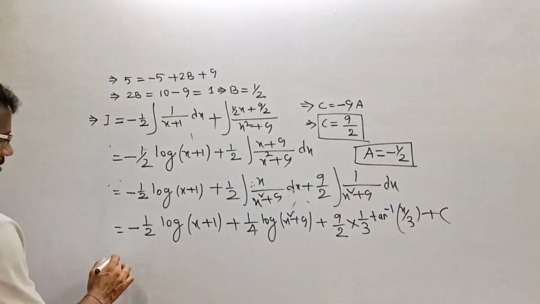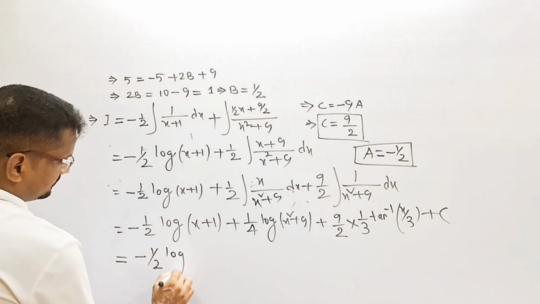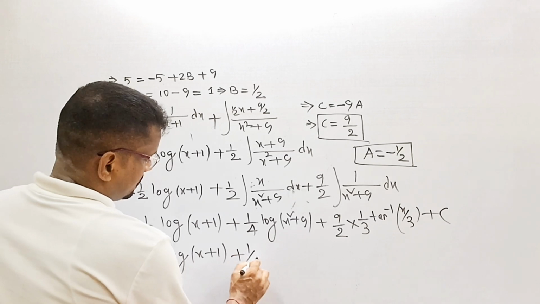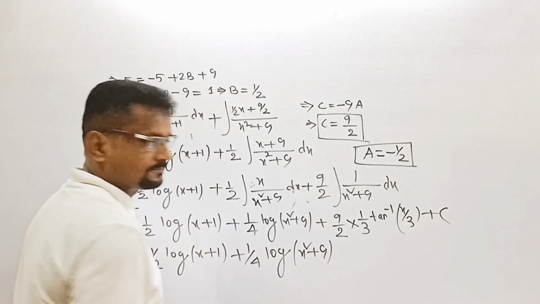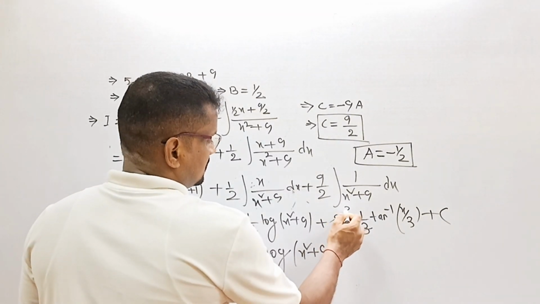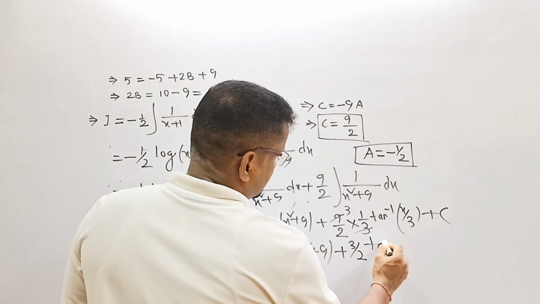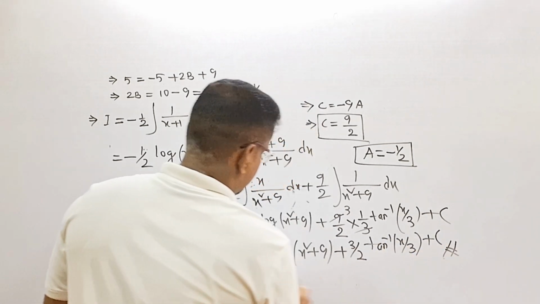So at last you can write minus half of log x plus 1 plus 1/4 of log x squared plus 9, and here the 3s cancel out, 3 threes are 9, plus 3 by 2 tan inverse x by 3 plus c. That's all. This is the answer of your